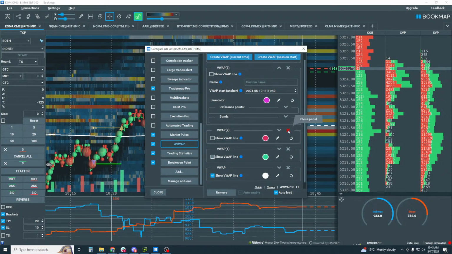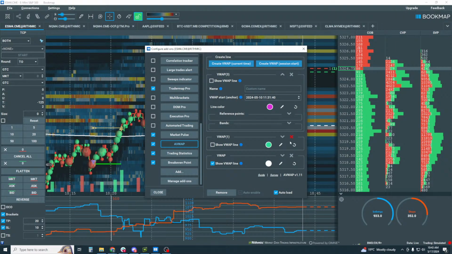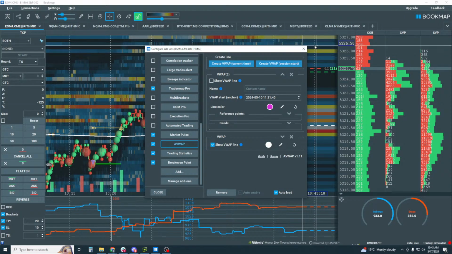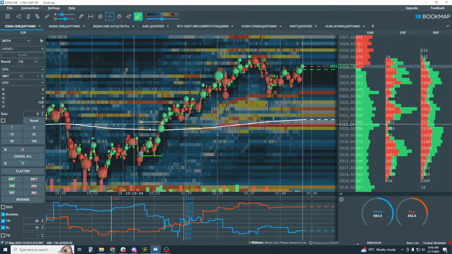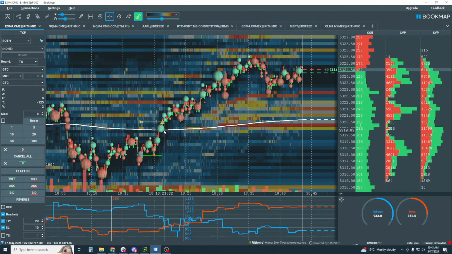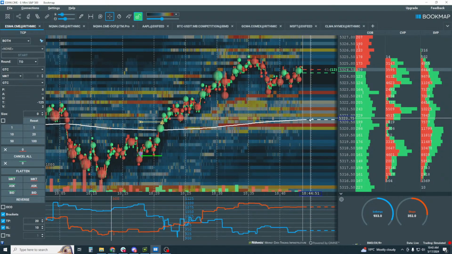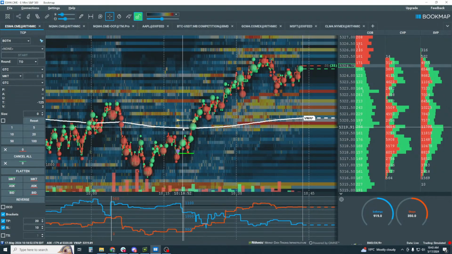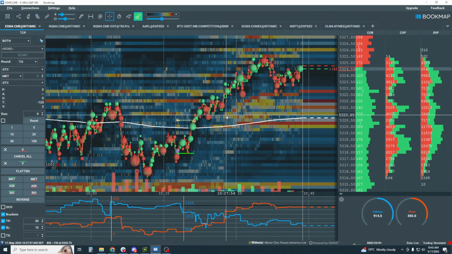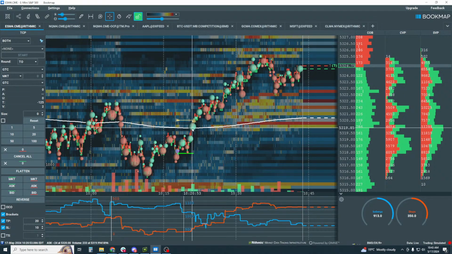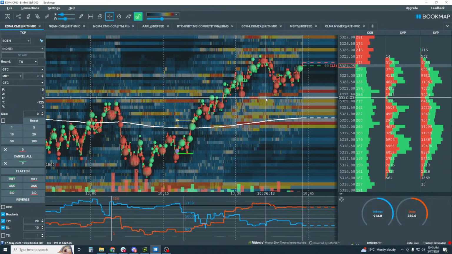Okay, I'm going to get rid of these anchors. Okay, and we need to see, once we have a line on a chart, it can kind of skew our vision of understanding this context in here, because now we're thinking, well, it's a VWAP. We have VWAP strategies. We're looking for traders to trade off of the VWAP, and